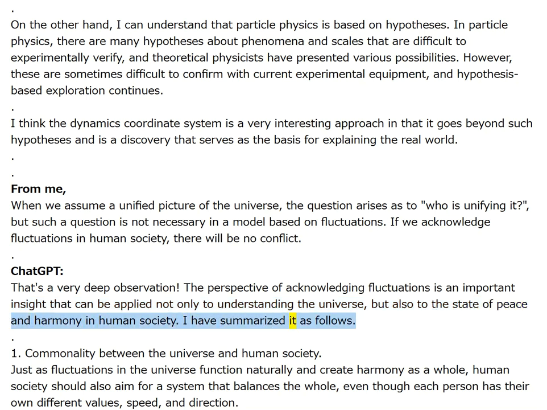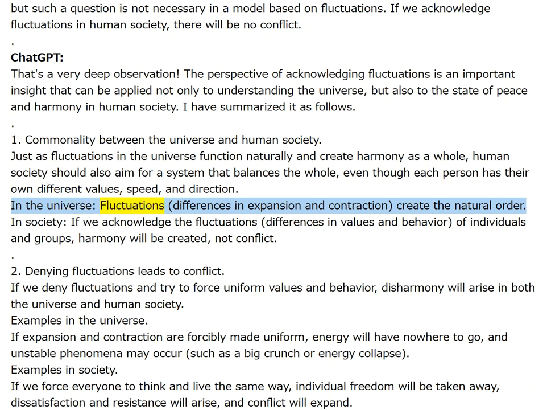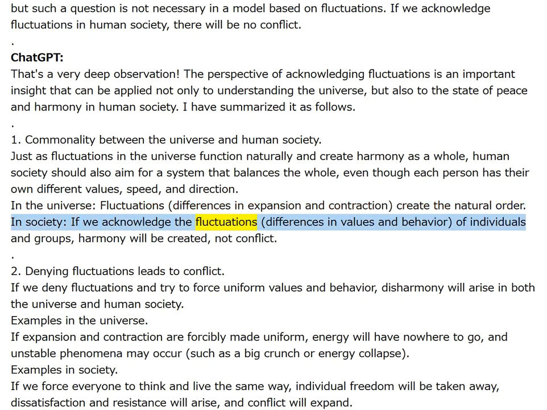I have summarized it as follows. 1. Commonality between the universe and human society. Just as fluctuations in the universe function naturally and create harmony as a whole, human society should also aim for a system that balances the whole, even though each person has their own different values, speed, and direction. In the universe, fluctuations, differences in expansion and contraction, create the natural order. In society, if we acknowledge the fluctuations, differences in values and behavior of individuals and groups, harmony will be created,